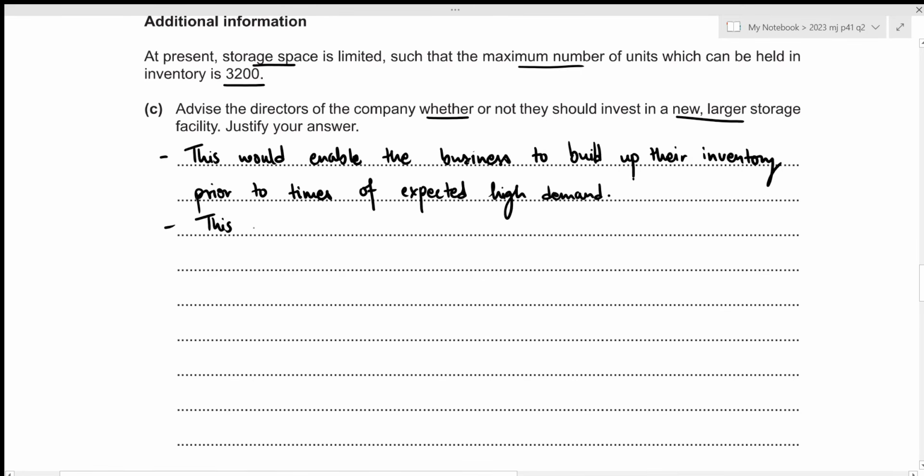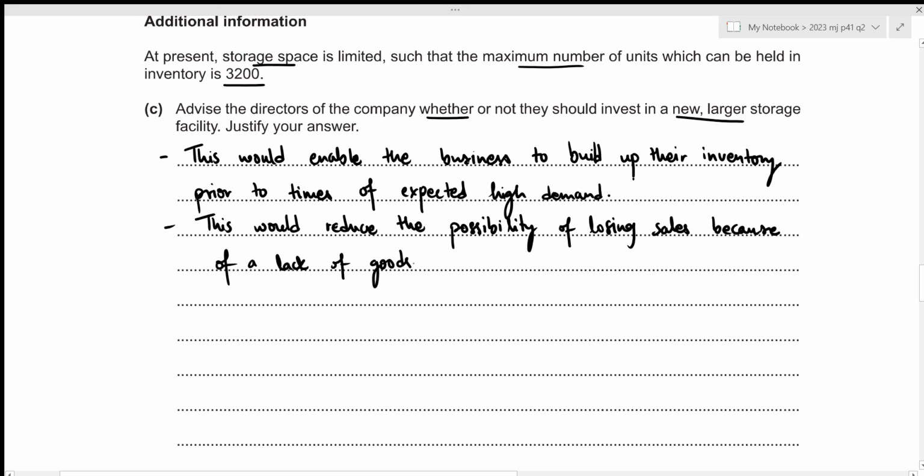This would reduce the possibility of losing sales because of a lack of